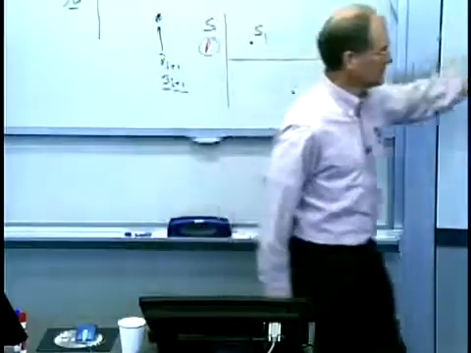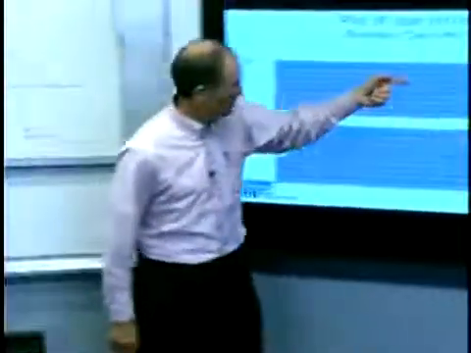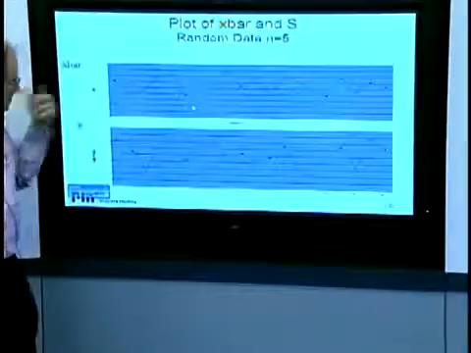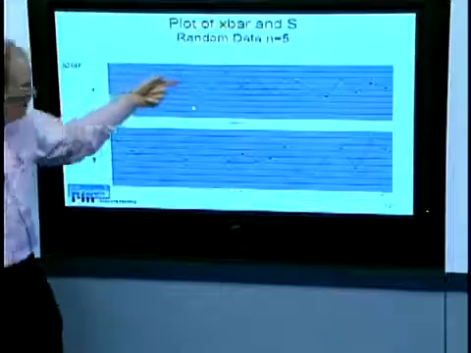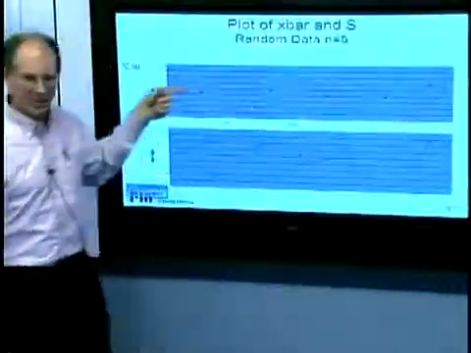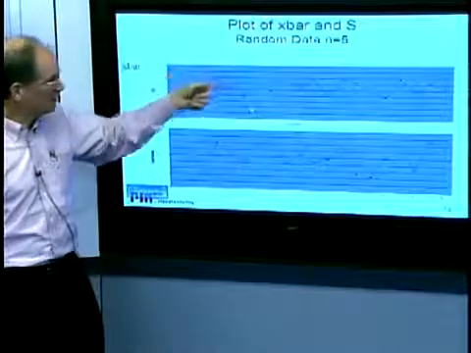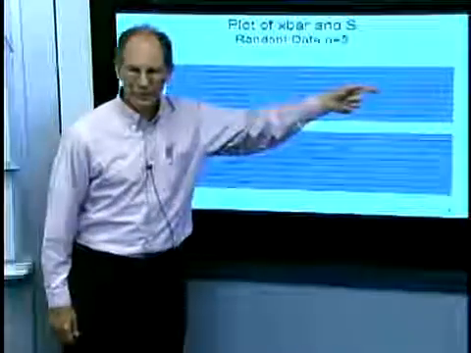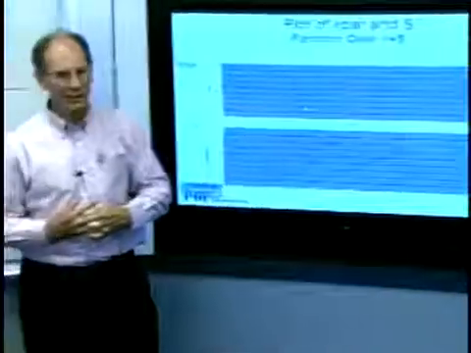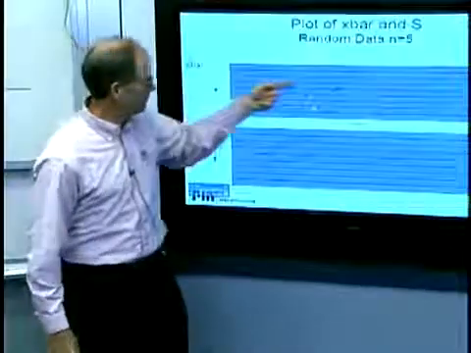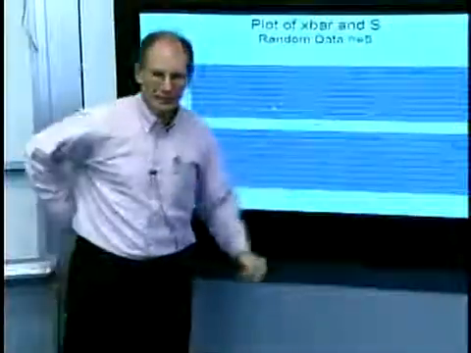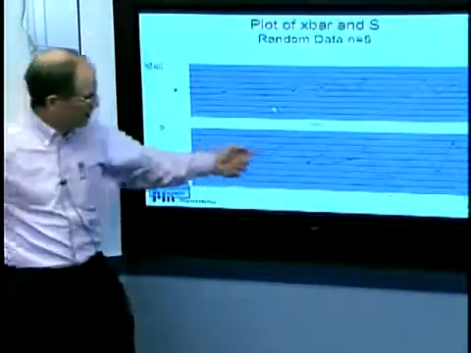So these are your estimates of the mean value. You can look at that and say, okay, what does it say? I can eyeball that the mean value of the mean value looks like a constant. So in this particular case, my estimate x bar is telling me that the underlying mean is a constant, and it's probably about right here. And likewise, I don't see that my estimate of the variance is telling me that the variance is anything but a constant.